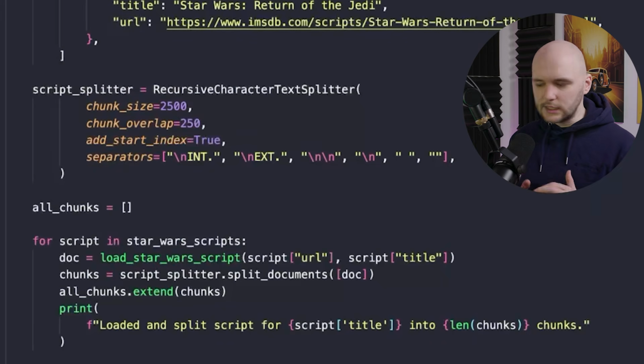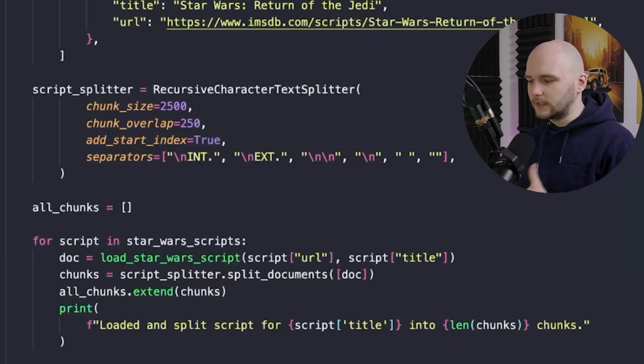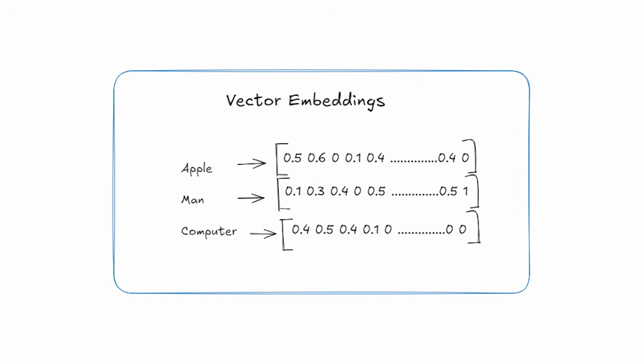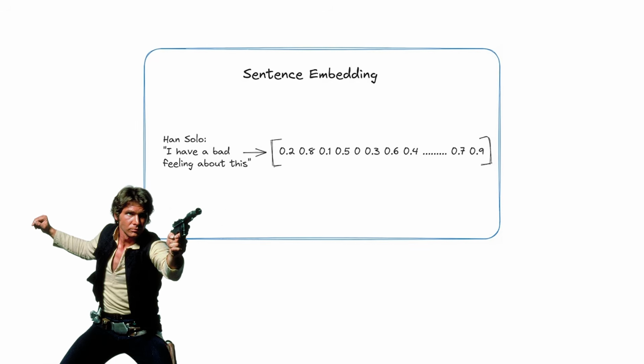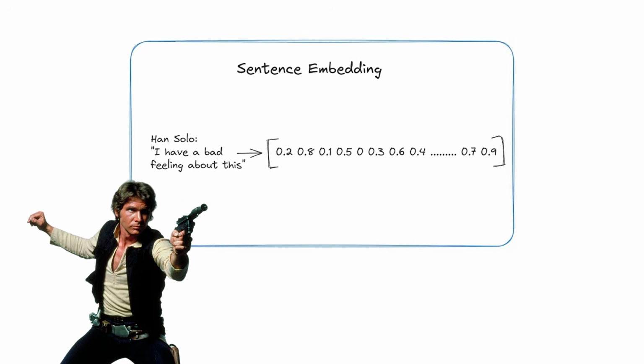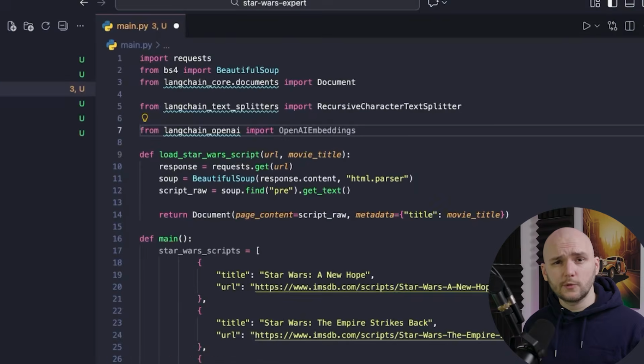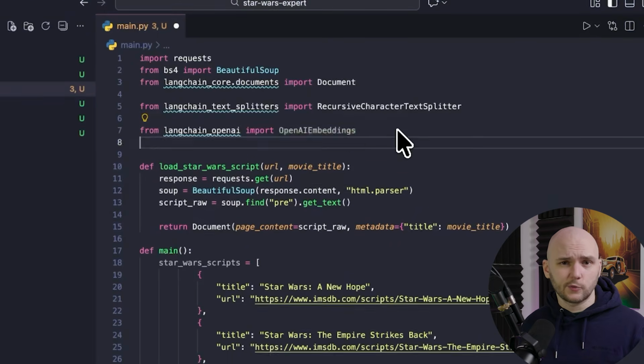Now that we have our scene chunks, we need to turn them into something the AI can actually understand. And this is where embeddings come in. I'm sure we all know what embeddings are, but if you don't, they're basically semantic coordinates. They take a piece of text, like Han Solo saying, "I have a bad feeling about this," and turn it into a long list of numbers that represents its meaning. This way it can determine that bad feeling sits very close to danger or trap. "It's a trap!" And so to create these embeddings, we're going to be using OpenAI's Text Embedding 3 small model,